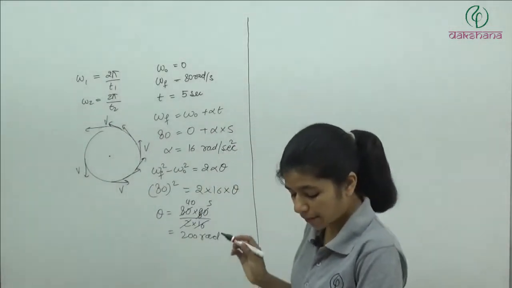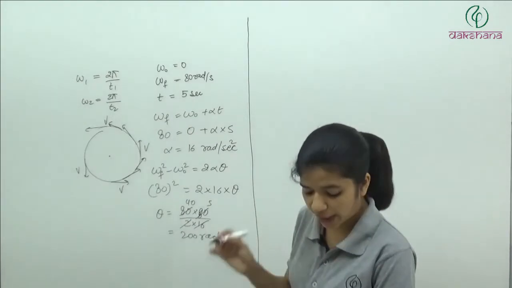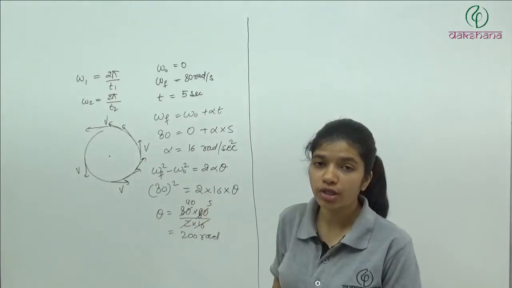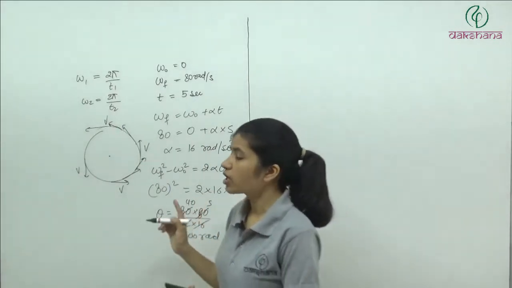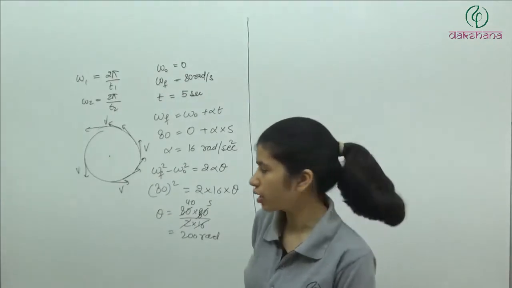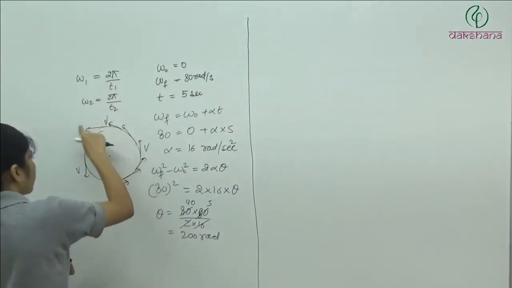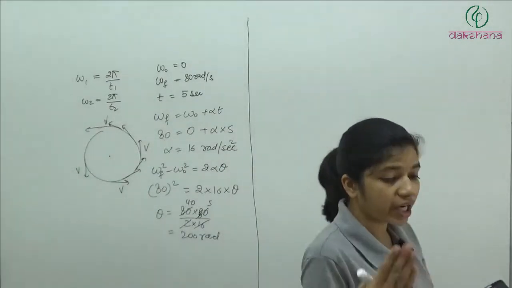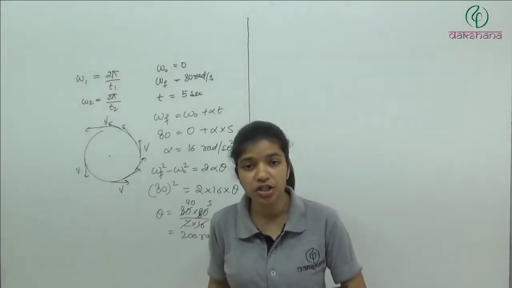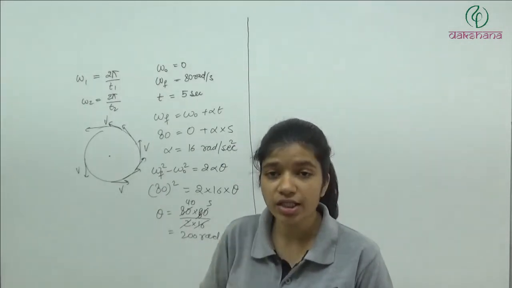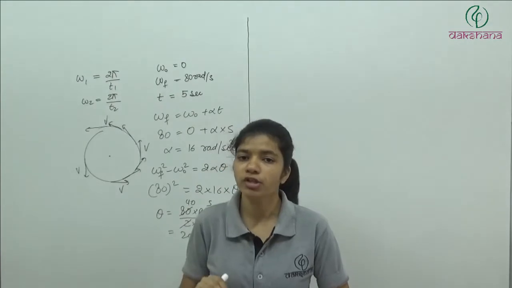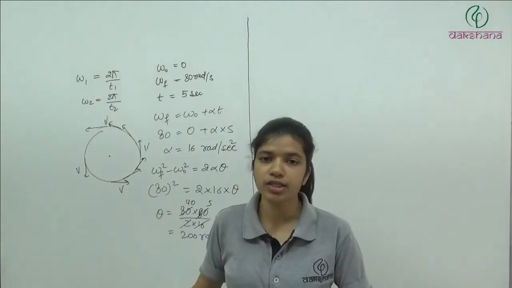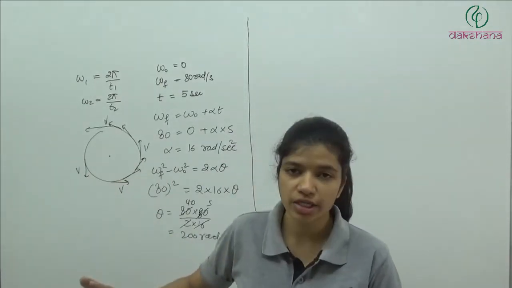Now let's talk about the acceleration. When it is moving with uniform speed, or you can say uniform circular motion, in that case we are not going to have any tangential acceleration, because tangential speed is constant. Speed is constant, it means it doesn't have any tangential acceleration. What does tangential acceleration do? Tangential acceleration increases or decreases the magnitude of velocity. And here it is not increasing or decreasing, it is constant. It means there is no tangential acceleration.